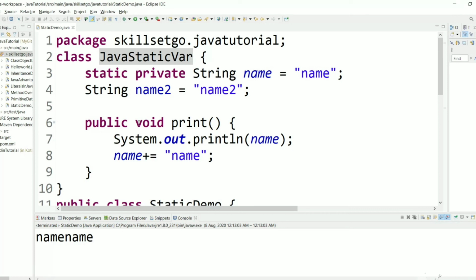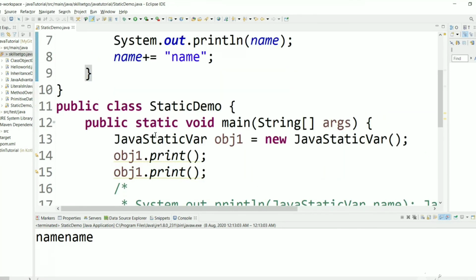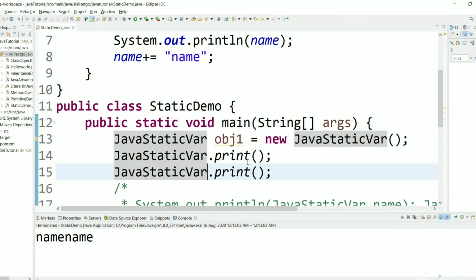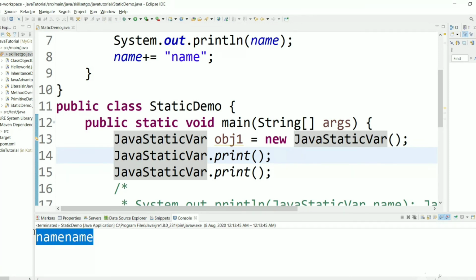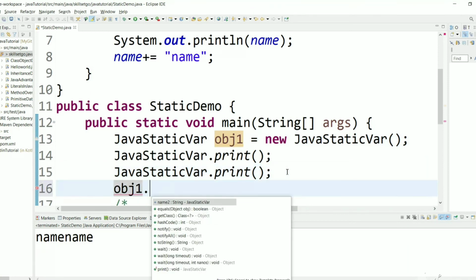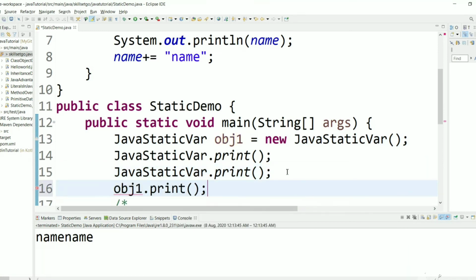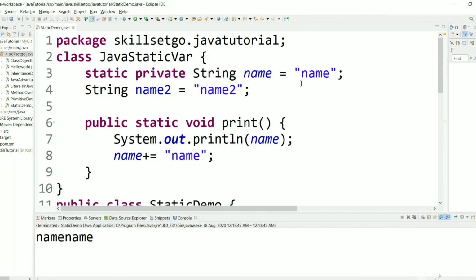We can make this method static so that we need not create an object. We can directly use the class name for accessing the print method. And now also we'll get the same result. And if we print a third time using object1, here also we will get the latest value instead of the first value.